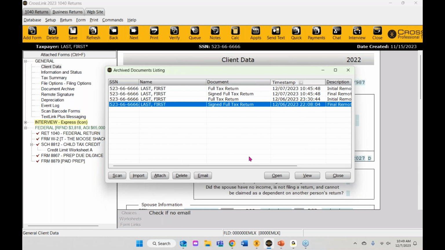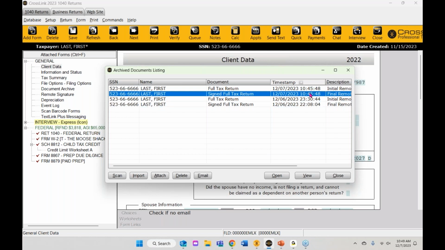We have a full signed tax return. Normally, this loads up fairly quickly. Here it is. Full signed tax return. You can tell by the date stamp, December 7th, that's today, just a few moments ago. And if I double click on this,